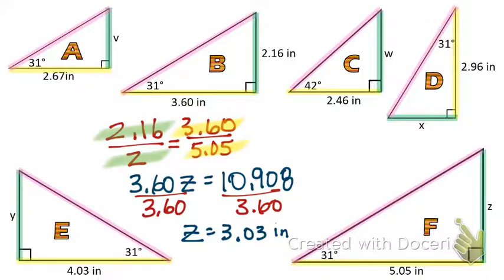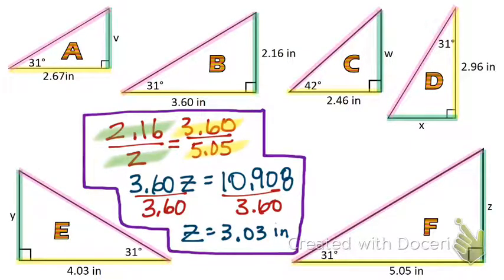side Z. The next thing that we need to understand is that we could do the same problem but slightly different, and that slight difference will move us one step closer to right triangle trigonometry. Here we go again, but doing the same problem in a slightly different way. I'm going to write 2.16 over 3.60 equals Z over